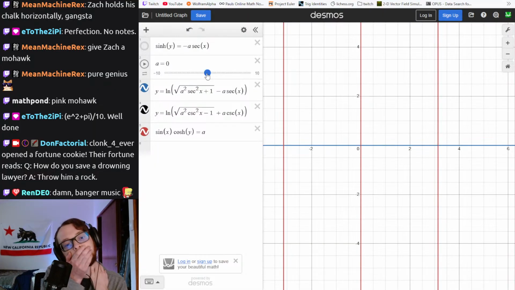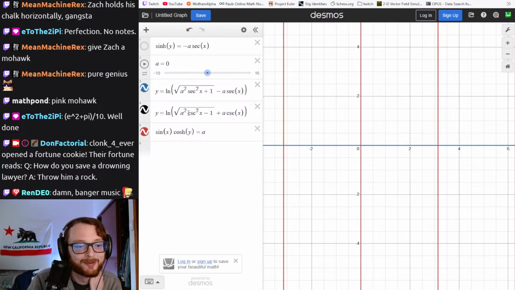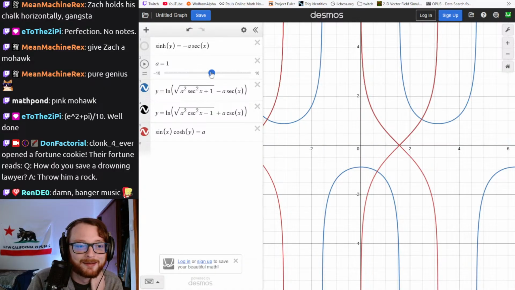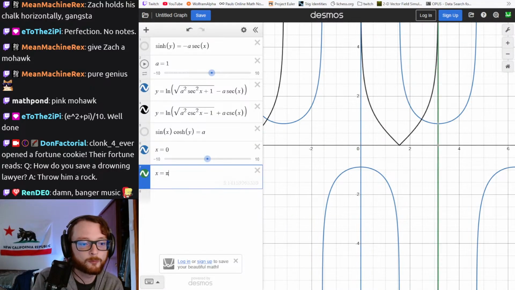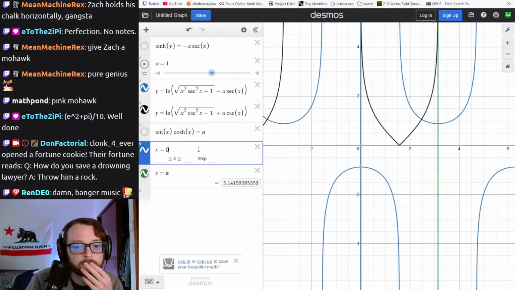Okay, yeah, so I need to have each of these drawn at the same time, to be honest. But I feel like it's going to be just as confusing. So I need to remember, okay, you know what? Instead of this, I can draw lines for x equals 0 and x equals pi, because we do have these as